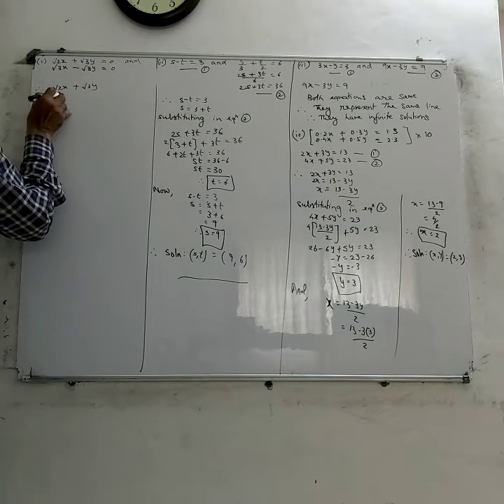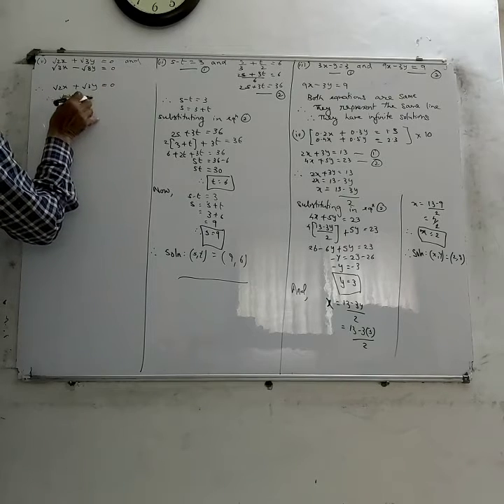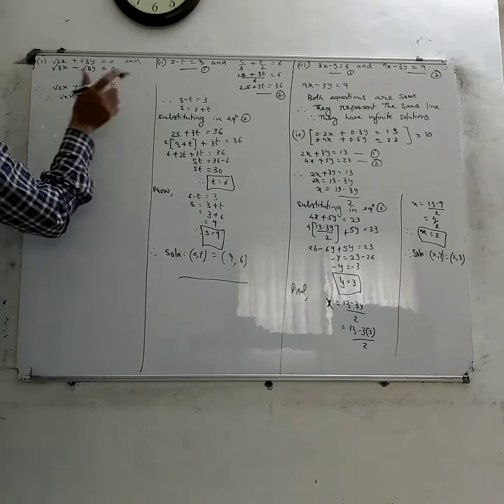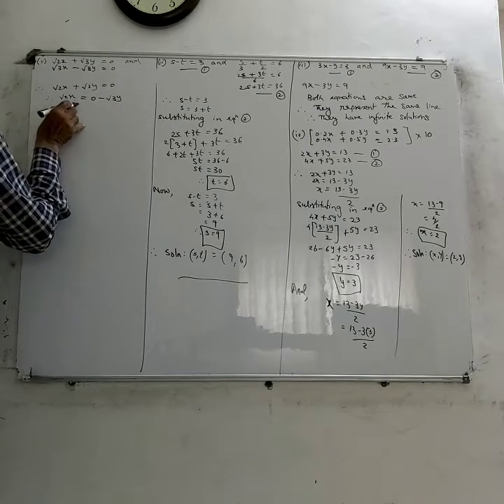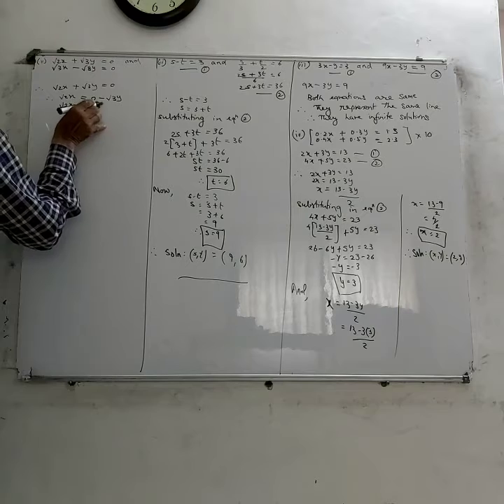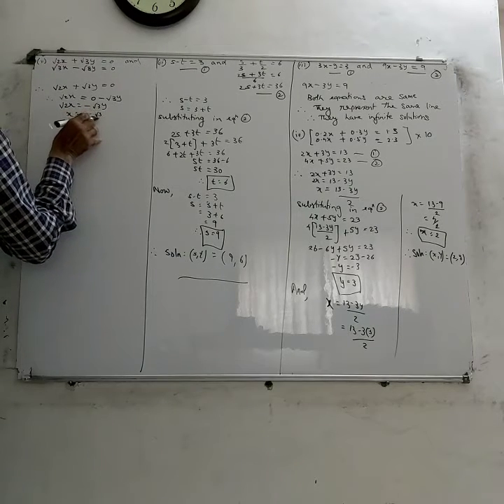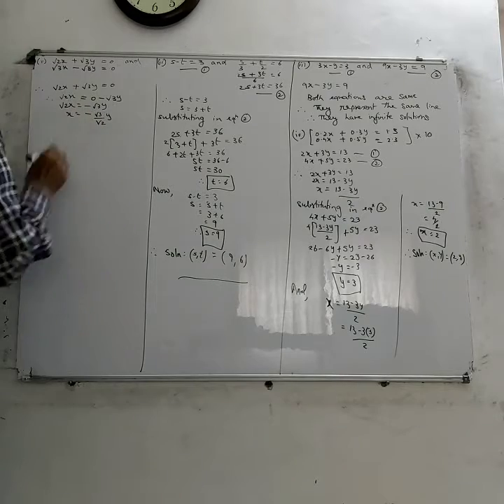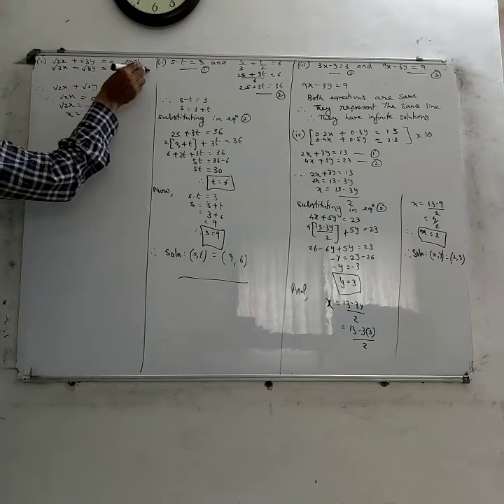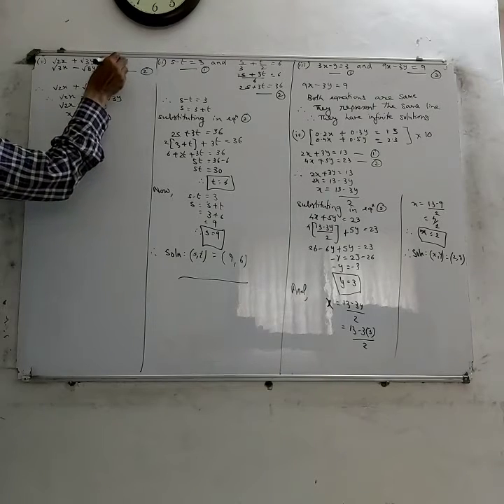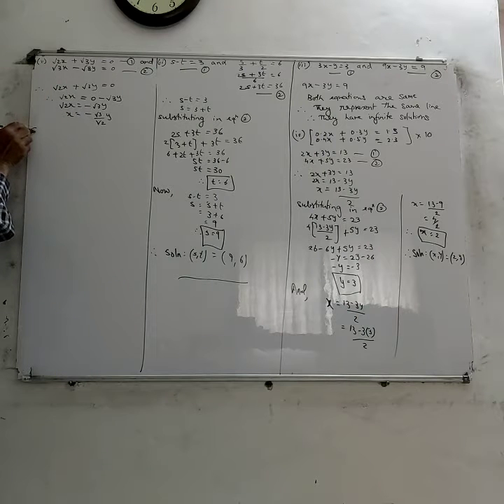Therefore, root 2x is equal to 0 minus root 3y, as this comes on this side. So root 2x is equal to minus root 3y, or x is equal to minus root 3 upon root 2 y. This is equation number 1, and the other is equation number 2. Now if I substitute in equation number 2,